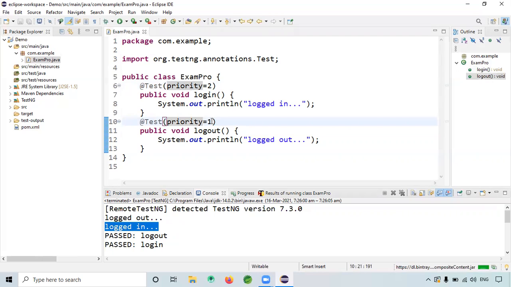If you want, you can give the description as well. For example, comma, I will give description equal to something like user logged in. I can give some description as well.